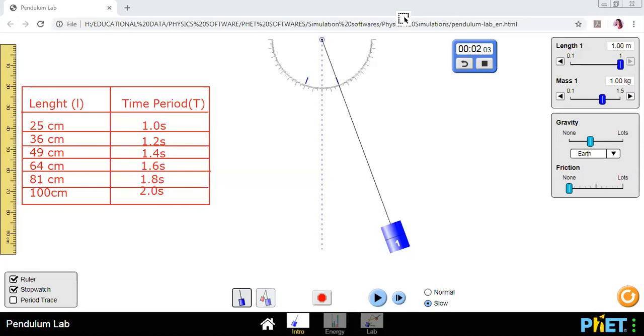But I want all of you to give me the relation between the length and the time period. What is the relation between them? Tanushri has given one relation. I want others to give your opinion. Quickly. Sir, more is the length, more is the time period. Okay. Can you give me some more relations?